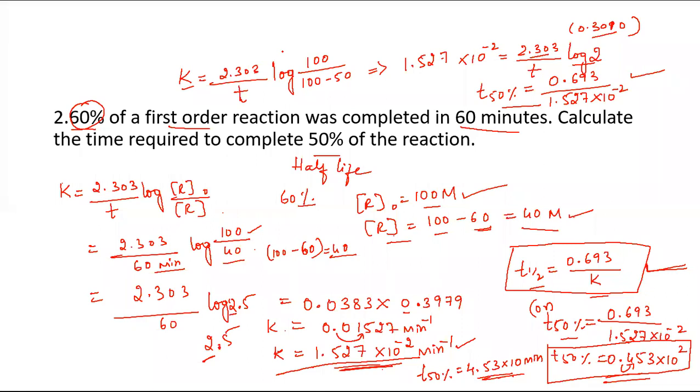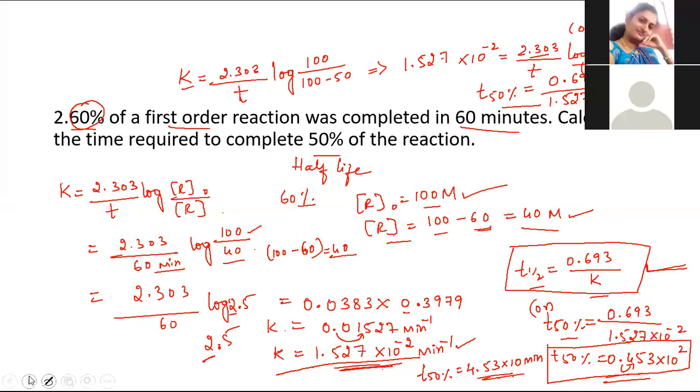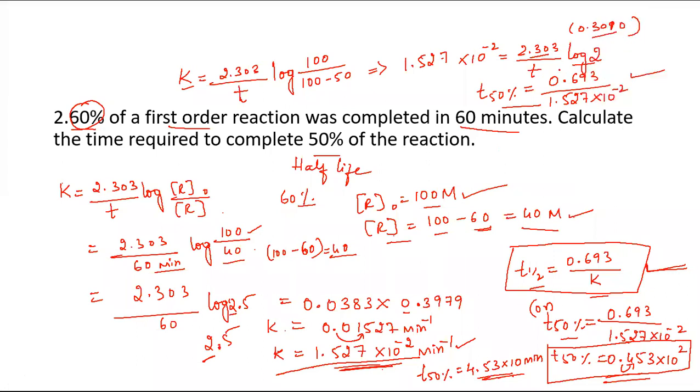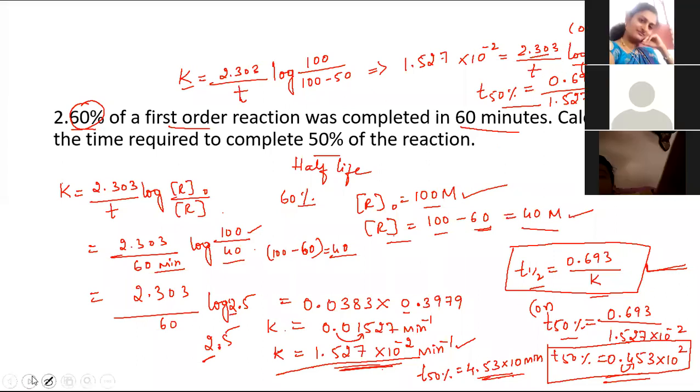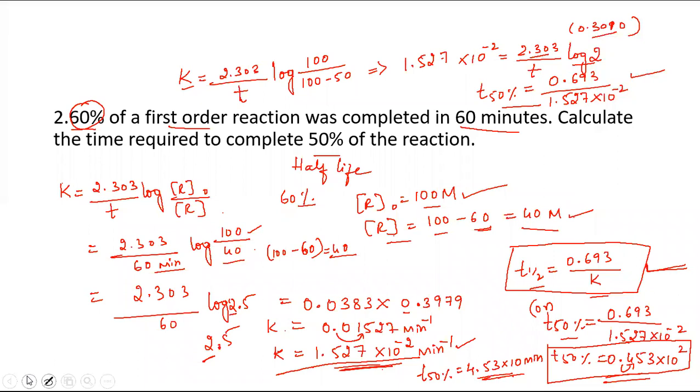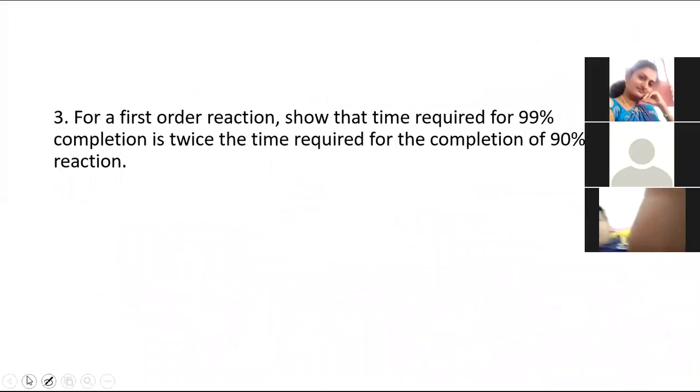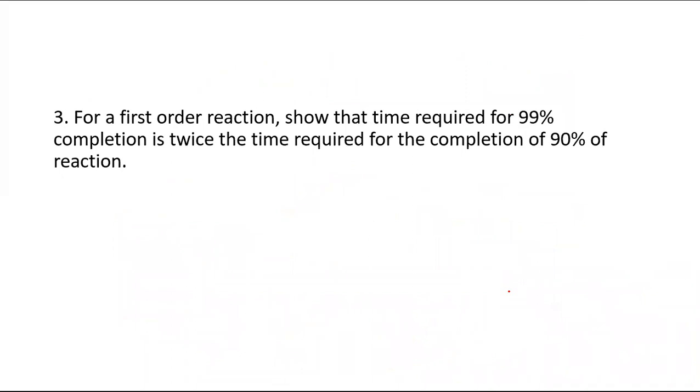Okay, shifting to a non-zero number is not compulsory. Since you have studied how to write scientific notation in your 11th class, even if you write it in decimal, it's fine. But as you know how to write scientific notation, it's better to keep it in scientific notation. It will be helpful for your entrance exams also. If you know how to shift the decimals left, right, and how to take it as an exponential, whether negative or positive, it will be helpful. It is just like a practice.